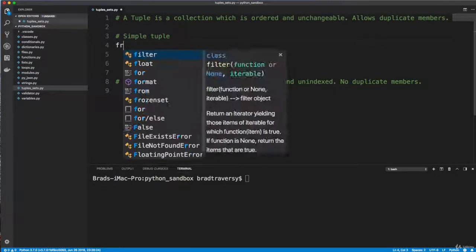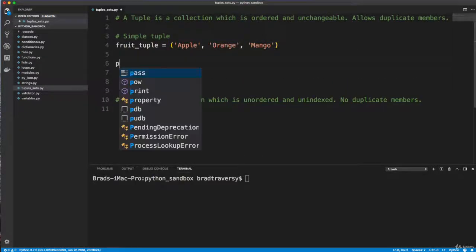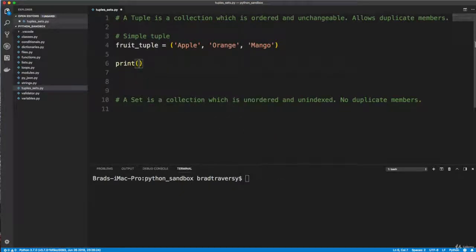To do that, we'll create a variable. I'm going to call it fruit_tuple. And tuples use parentheses. Okay, so lists use brackets and tuples use parentheses. And let's say apple, let's say orange, and let's say mango. All right, so if we do that and we go ahead and print our fruit tuple, and now we